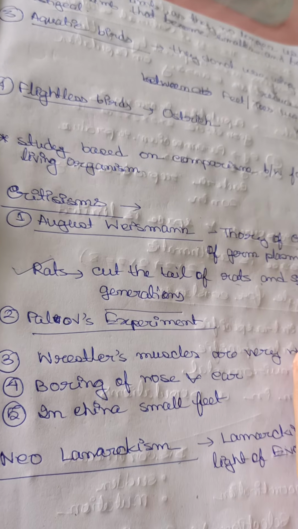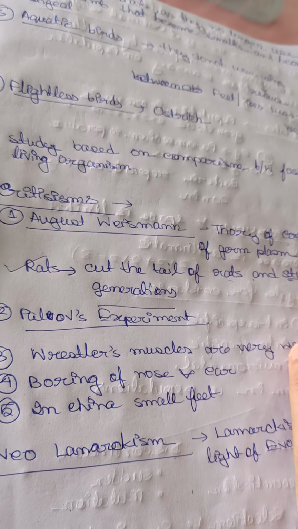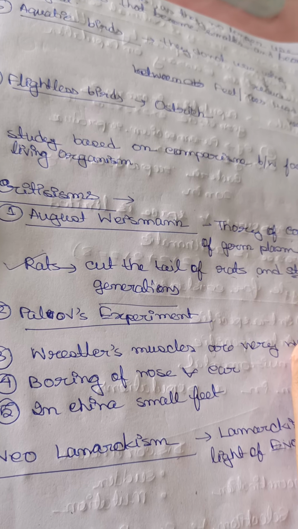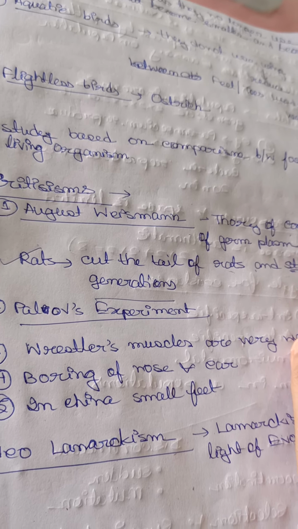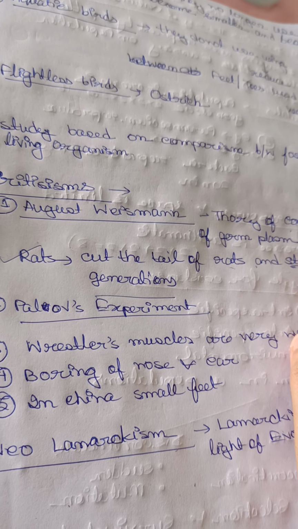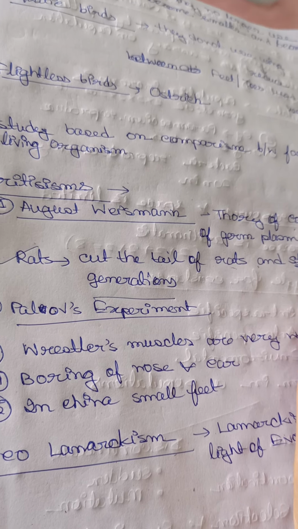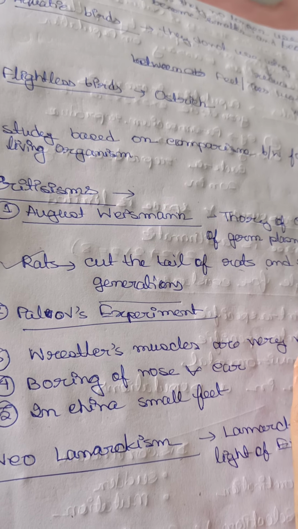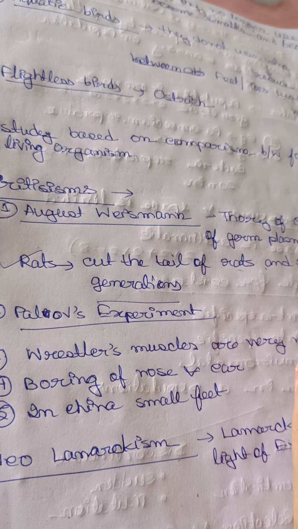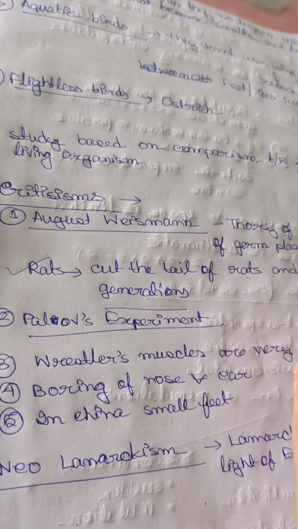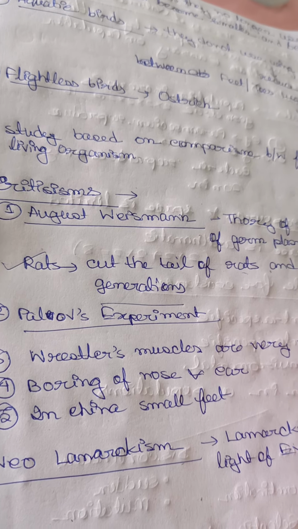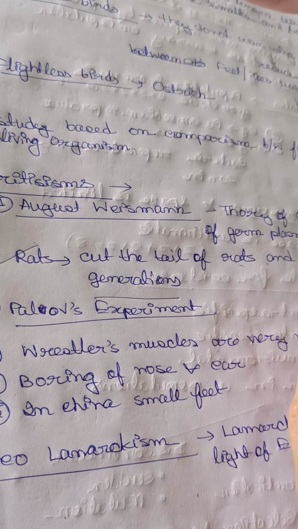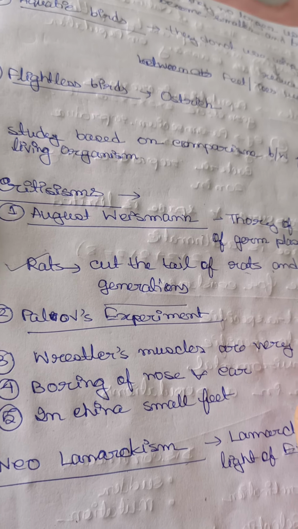Now, Pavlov's experiment. Pavlov was a scientist who did an experiment with a dog. Every time he rang a bell and gave the dog food, the dog salivated. He did this several times, and he saw that when the bell was rung, the dog knew it would get food, so it salivated. But when the dog reproduced, their